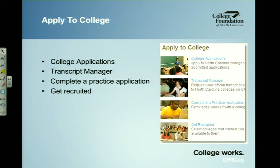Complete a practice application. We also want students to take advantage of that tool, which allows them to see what types of questions are asked prior to completing an admissions application. Many times, the first time a student has seen an admissions application is during their senior year when they're applying for school to go off to college in the fall of their freshman year. But we want students, of course, to be able to see that information up front,